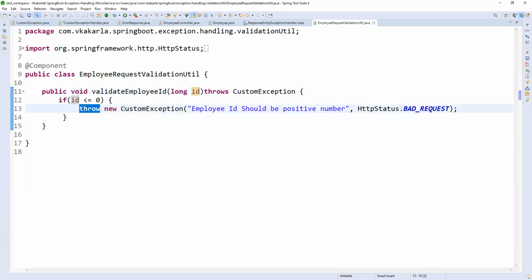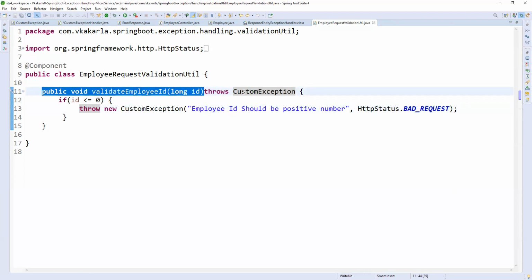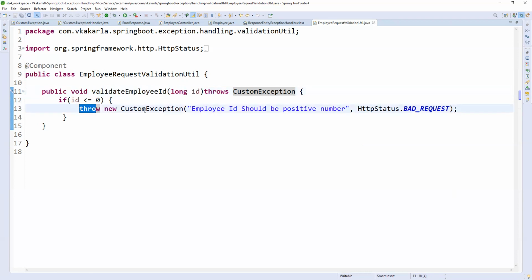Throw is always used to create a new exception or exception class. Throws is used to declare whatever we are creating here; simply we can declare it with throws. That is the difference between throw and throws. Throws will always come in the method signature. This is the method signature. Along with the method signature, throw will come within the method body, inside the if condition or inside the catch block. Anywhere we can create it, wherever it is required.